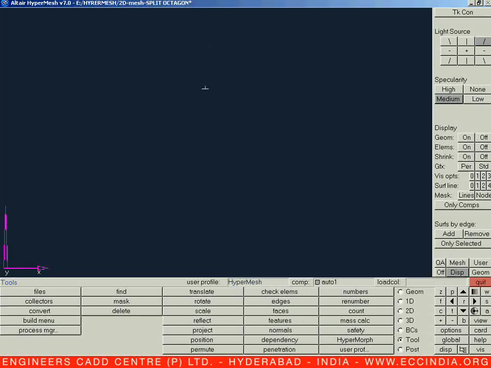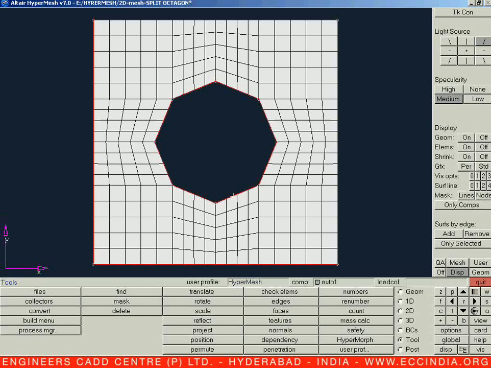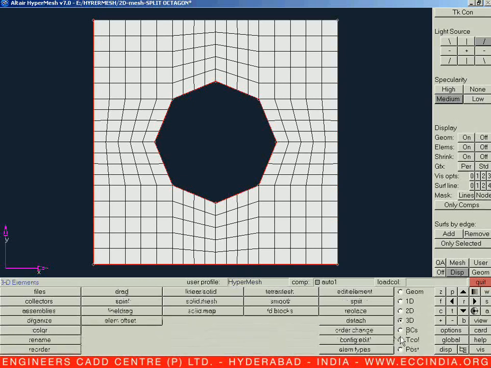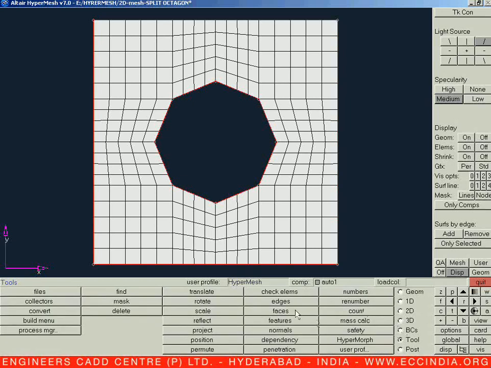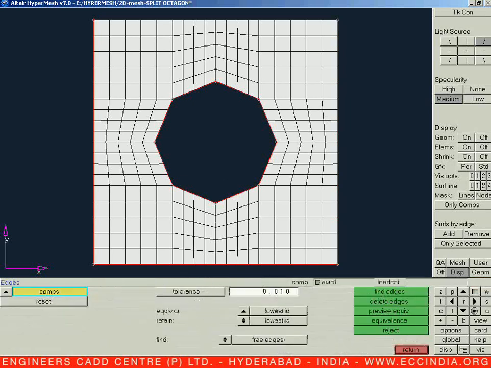So to avoid these kinds of troubles, let us check the equivalence, a very small gap within a tolerance limit. So let us enter the tools page, click on tools. In the tools page we need to go for the edges, because wherever we split there will be a little gap in the node to node connectivity. Although it is not visible, we still need to merge those nodes.